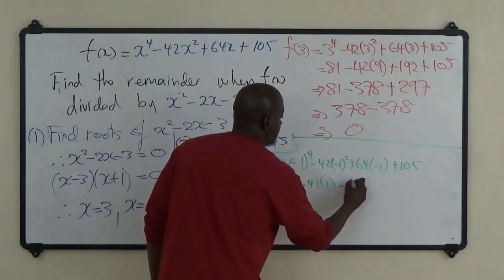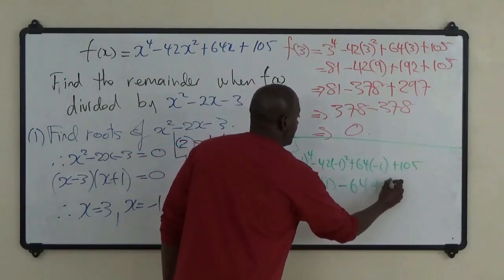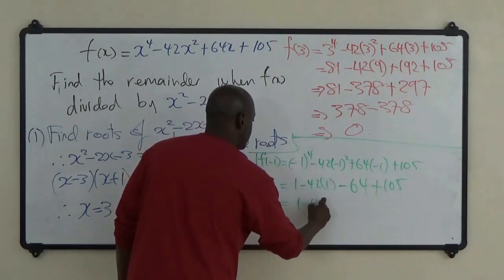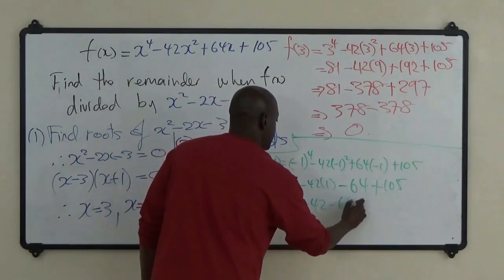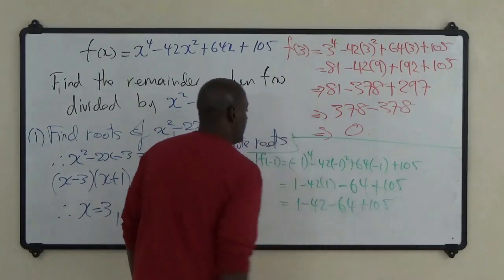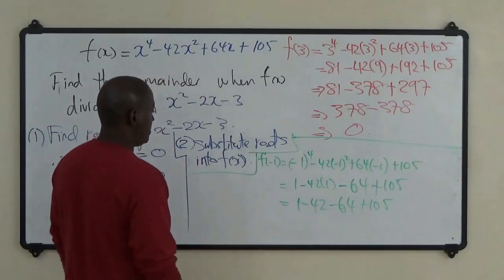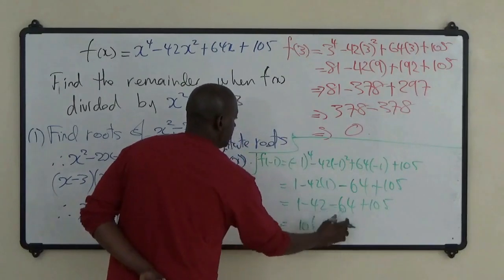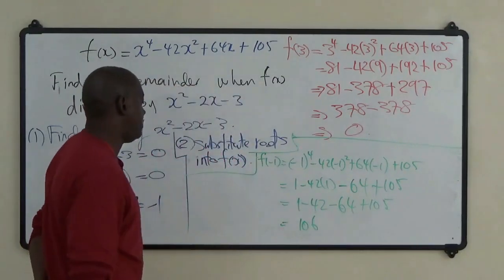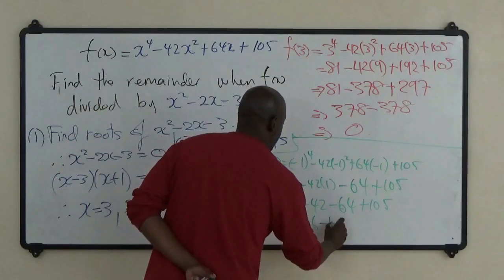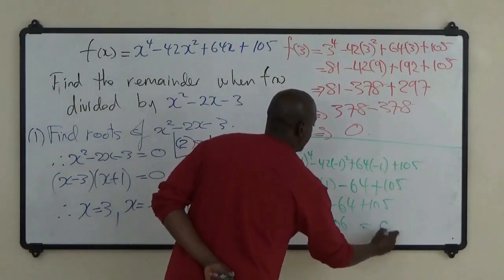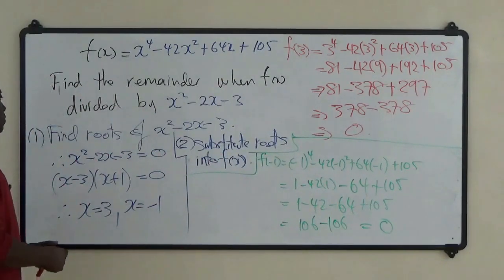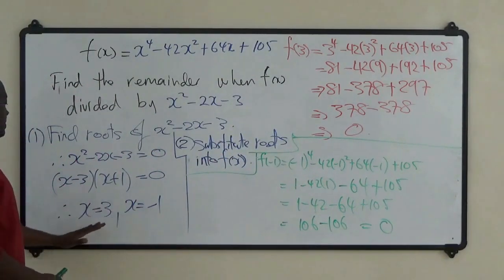Plus 64 by minus 1 is minus 64 plus 105. So 1 minus 42 minus 64 plus 105. So we take all the negatives together and we take all the pluses together. So 1 plus 105 is 106. Minus 42 minus 64 is also 106 with a minus sign in front of it. And that will give you 0 as the answer. So you got the same 0 when you substituted minus 1 and when you substituted 3